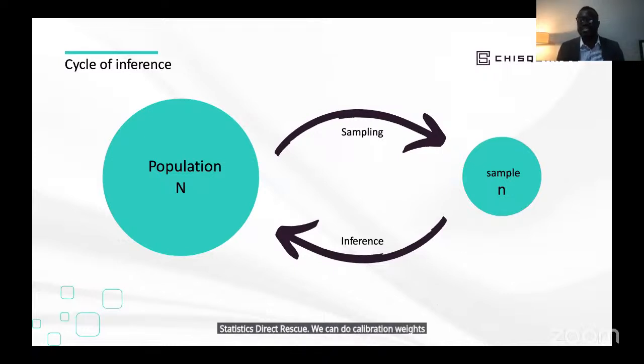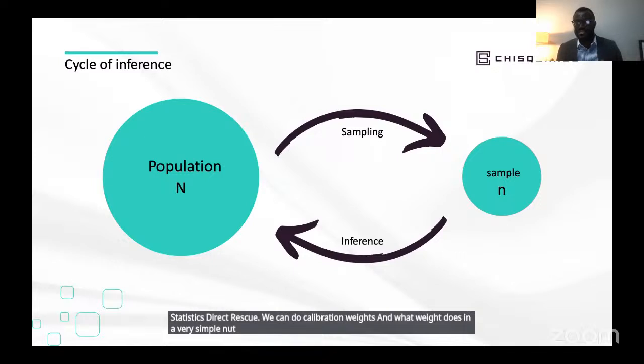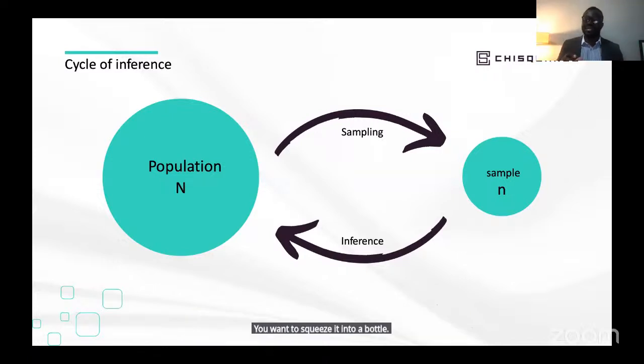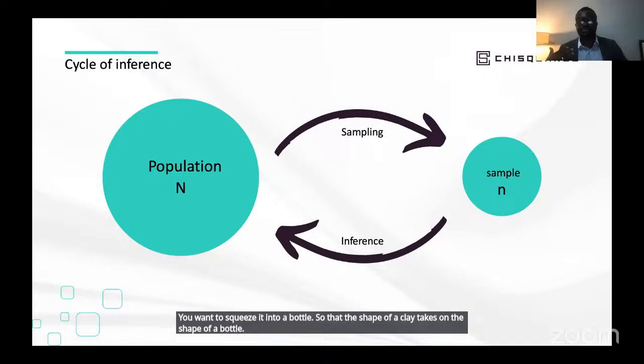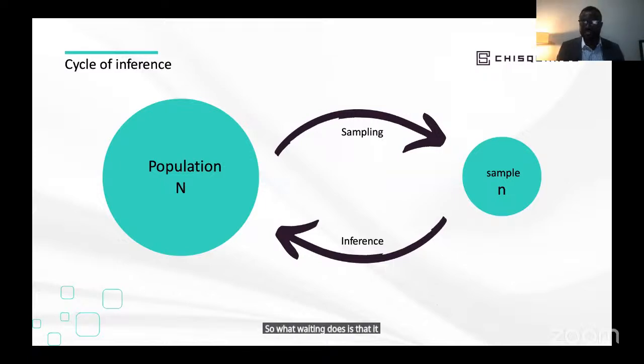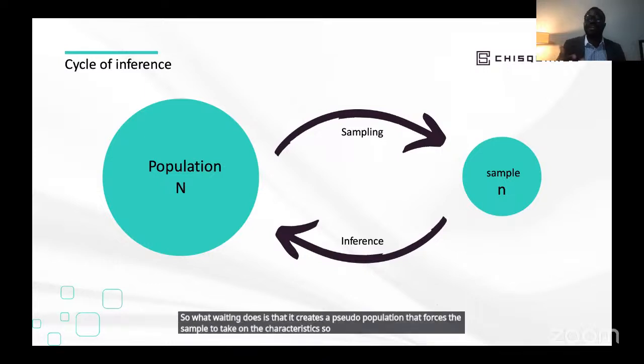And what weighting does, in a very simple nutshell, is that the weights force the sample to look like the population. Imagine you take a lump of clay that is very amorphous and you want to squeeze it into a bottle so that the clay takes on the shape of a bottle. And then you can say, oh, the bottle looks like the clay or the clay looks like a bottle. So what weighting does is that it creates a pseudo population that forces the sample to take on the characteristics. So when you now tabulate, for example, the variable for urbanicity, after weighting, it will look like the parent population,